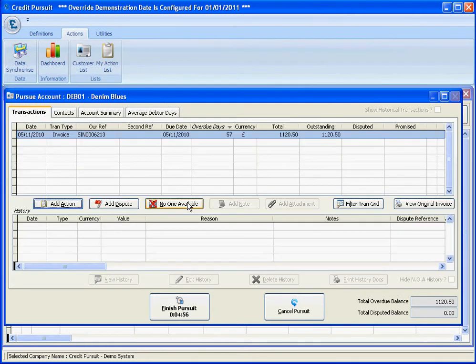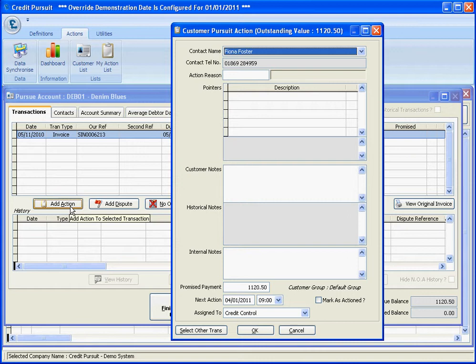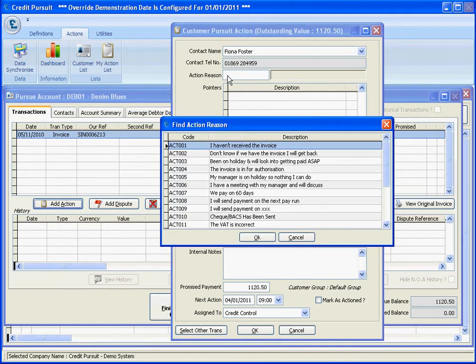In our example, a quick phone call to the customer and they've agreed to pay the full outstanding balance. So we now need to create an action to check for the receipt of this payment. When you click the Add Action button, you're presented with the action reasons. These are predefined reasons within the system covering any eventuality. Pick the action reason closest to which you require,